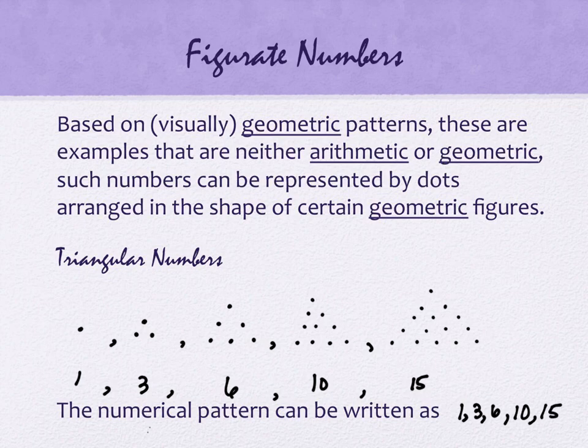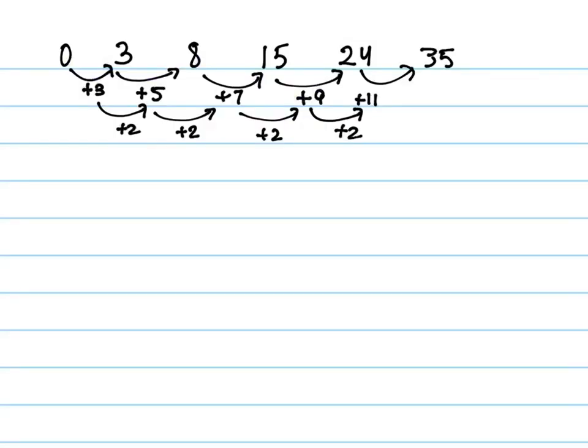And I could draw in the next shape. I would just, like I said, make another layer on the bottom. But this also creates a numerical pattern that fits with what we just did a minute ago. If I take this numerical pattern and I take a look at what happens to get from one number to the next, down the list,